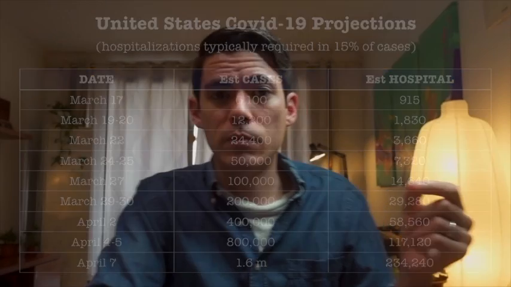Now, if you recall the last video, I had mentioned that there's this issue with hospital beds. And the projection that was given in the article that I linked to was that the first week of May, the hospital beds will all be filled up. So why is that projection and my projection so different? Well, because I'm using the official data of the number of people that require beds according to the studies that have been done here in China and in Italy. The estimation that person made was much lower.